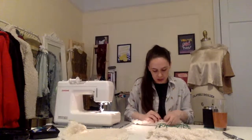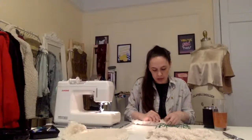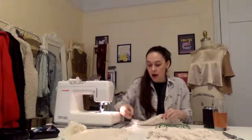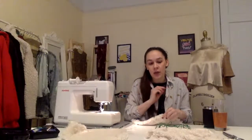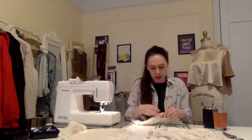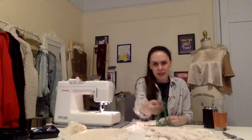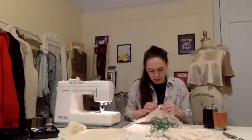So when you baste it, that's a stitch, so your fabric is not going anywhere. What you do with that is a really sloppy stitch, and usually it's best if you do it in a really contrasting thread. For example, if I did it in this color thread on this white fabric, that would be great because